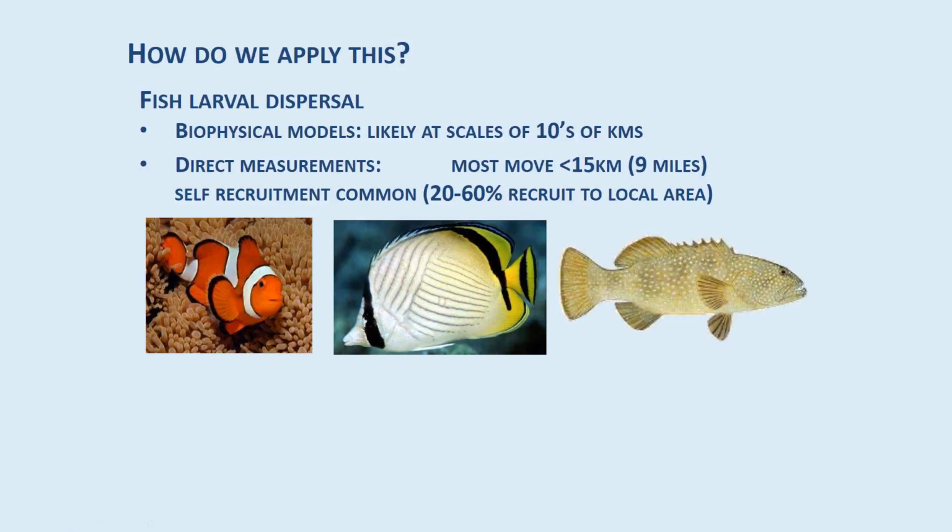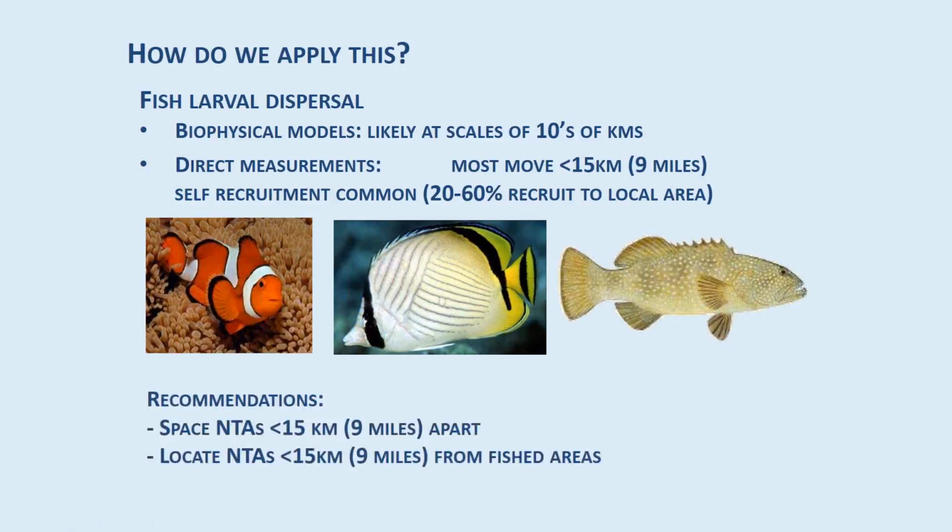So how do we use this when we're designing no-take areas? Well, because most of the larval connection is within 15 kilometres, it's good if you can space your no-take areas that far apart, so then they're really well connected through larval dispersal. So if one area is wiped out by disturbance, it can be replenished quite quickly. More importantly for fisheries management, it's really important that these no-take areas are close to the major fishing areas so that the fishery can maximise the benefit from the spillover of the larvae.